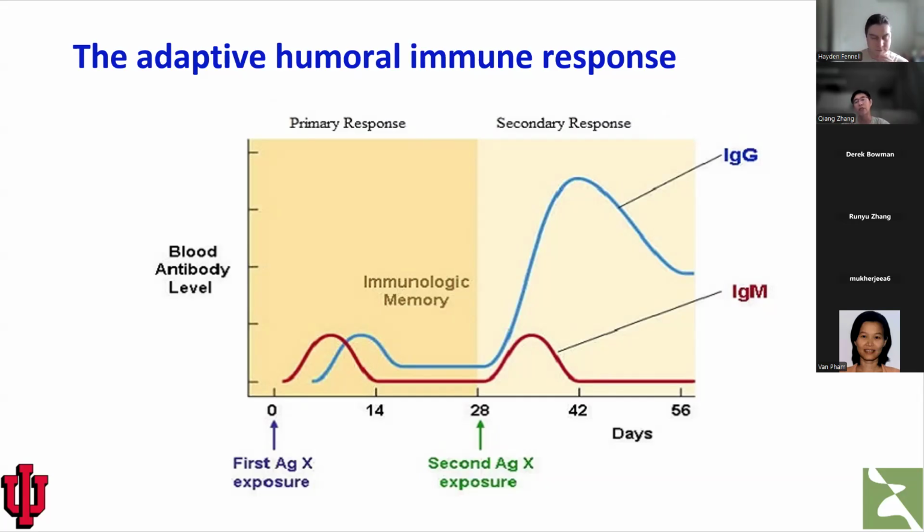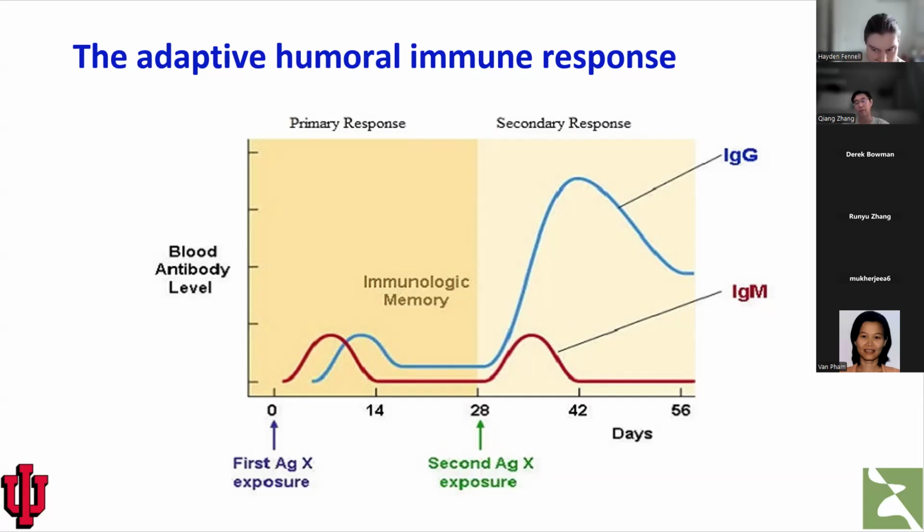However, the second response, which produces IgG, will be much higher because of the memory B cells that are being produced. Okay, so this is also called a recall response. So this entire process is what we call the adaptive humoral immune response, and is primarily underlined by the